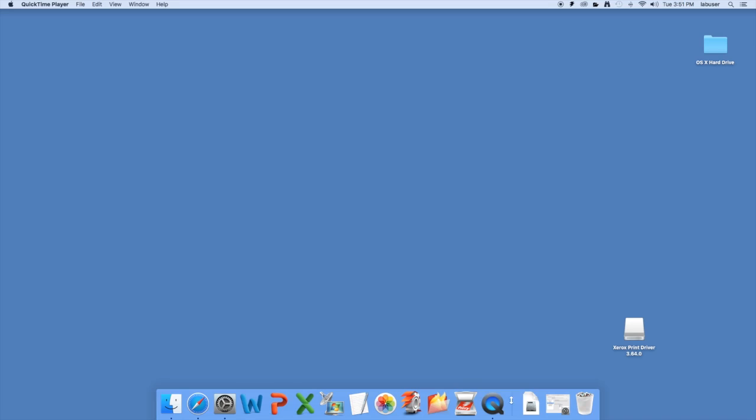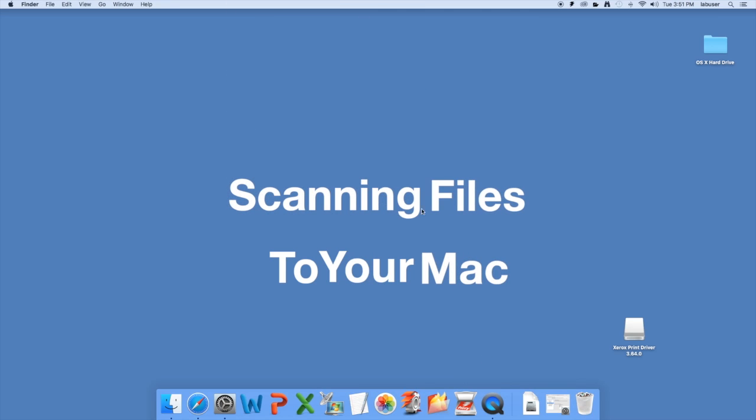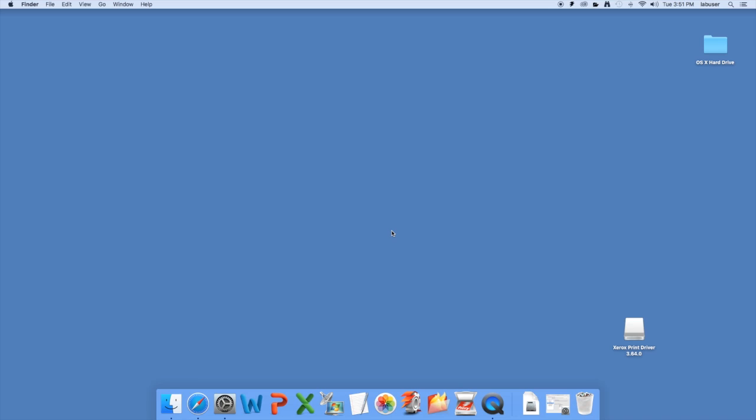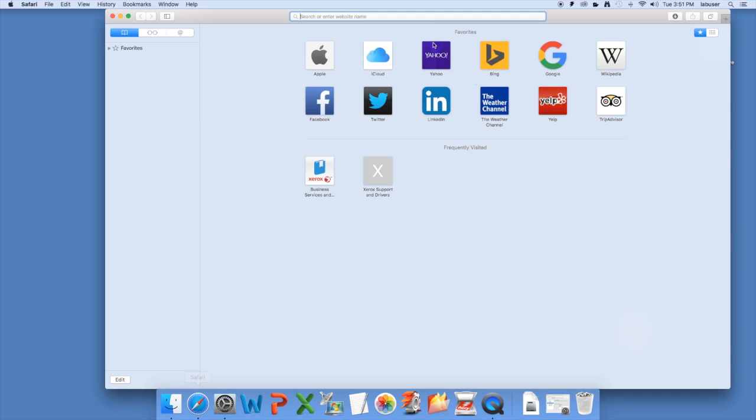Xerox second level support. In this video, we're going to be explaining how to scan files to your Macintosh computer. You will need to know the IP address of your Xerox machine as well as the IP address of your Macintosh. Now that you have the IP address of the Xerox machine, open your web browser and type it in